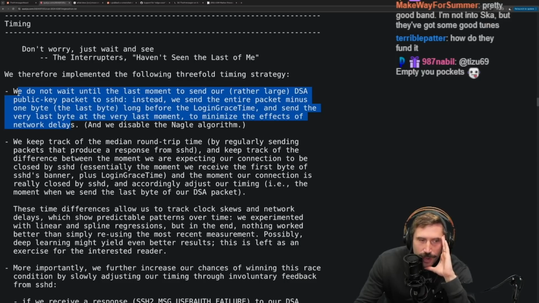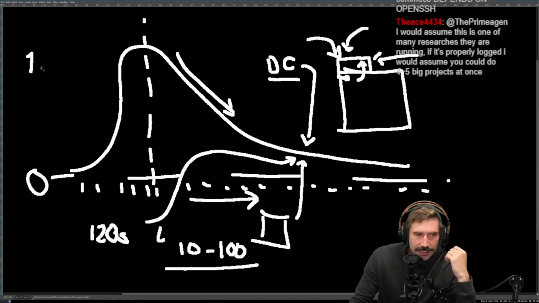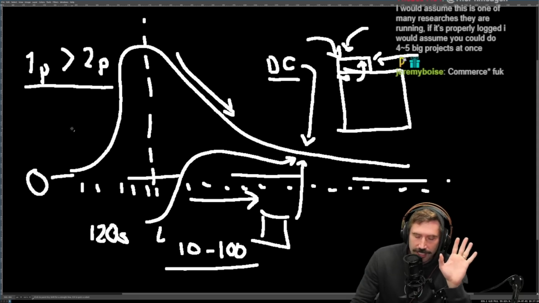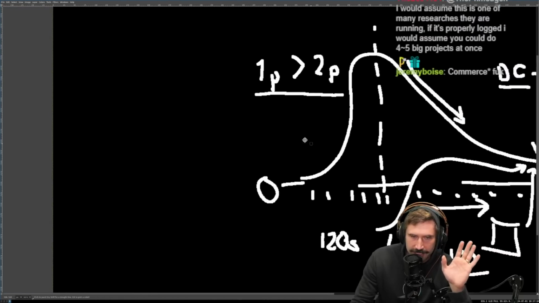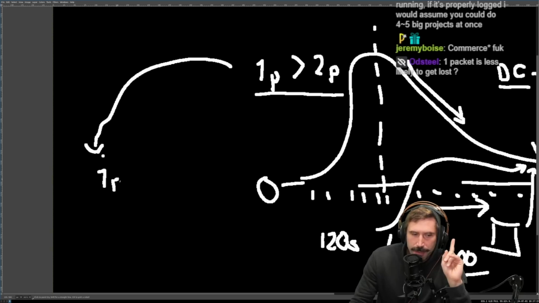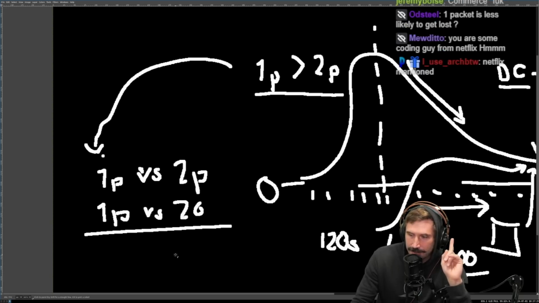Yes, because there's this weird thing that happens in networks where one packet is vastly faster than 2 packets. Like the difference between 1 and 2 is vast. I've heard numbers tossed out. You're going to have to get some coding guy from Netflix to talk about this. But he mentioned one time to me that 1 packet versus 2 packets is something along the same lines as 1 packet versus 20. Like the timing difference is not that much difference.